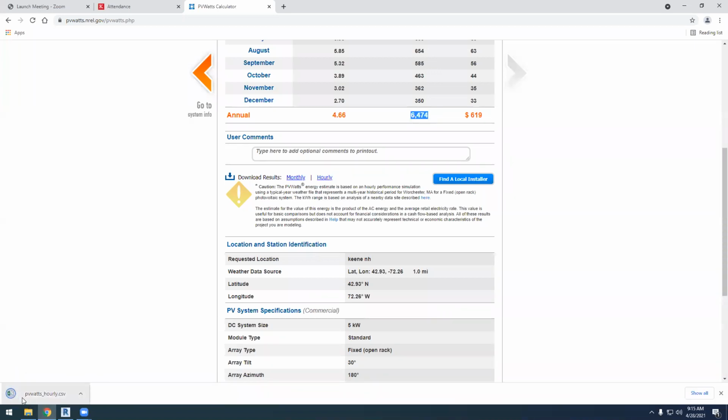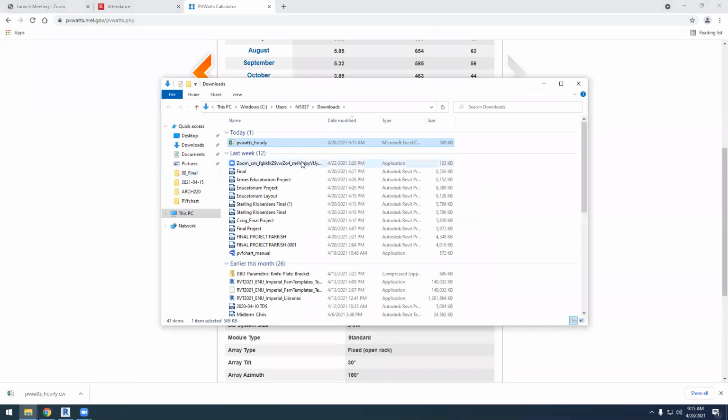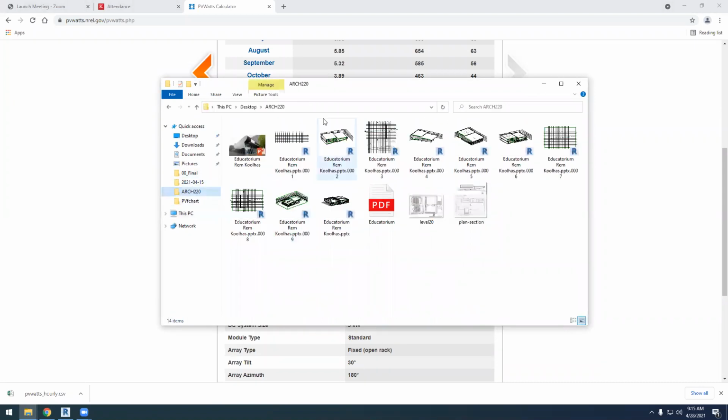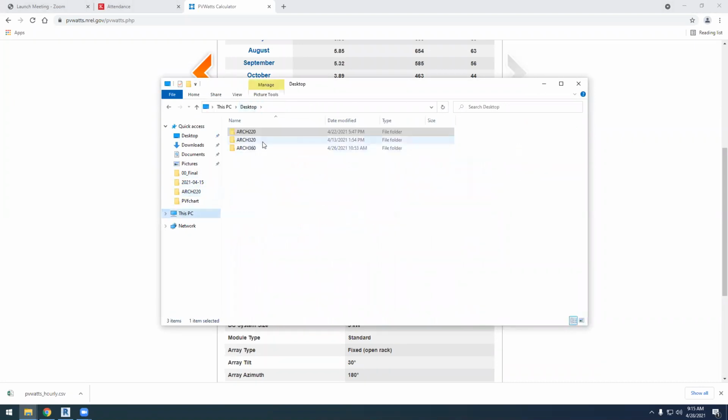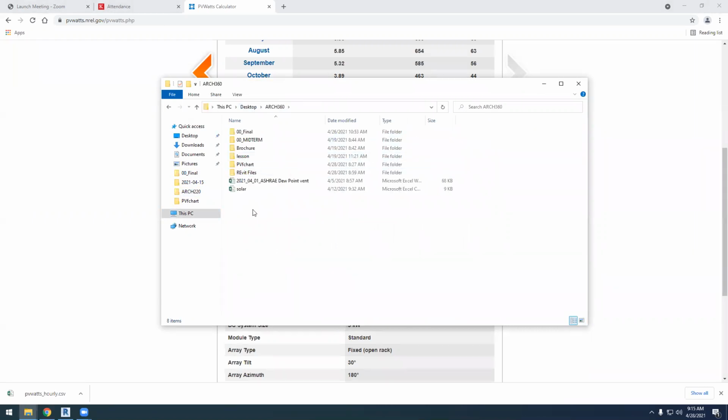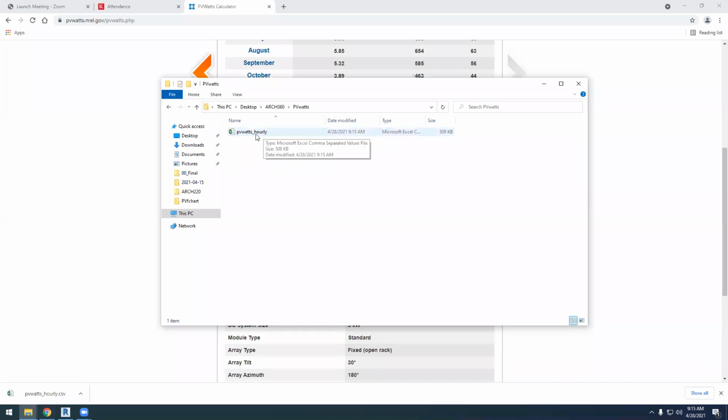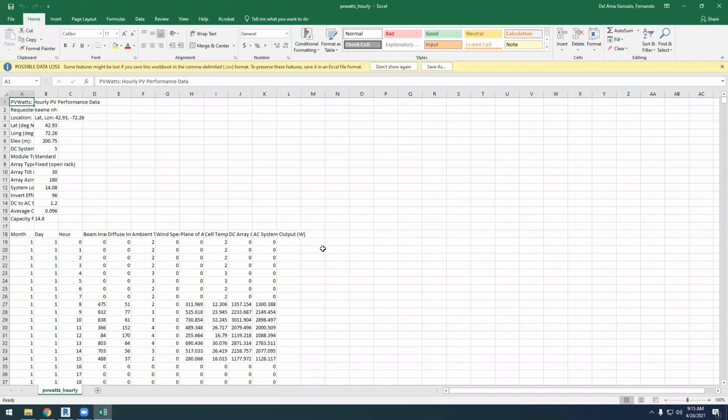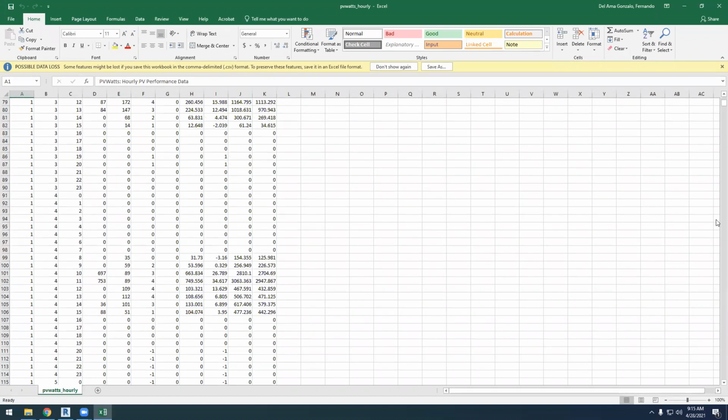analysis, and we download something that looks like a PV folder, and I'm going to copy this. Okay, so this is the PVWatts hourly. I always recommend you give a better name, but anyway. So we can open this, and yeah, we do have